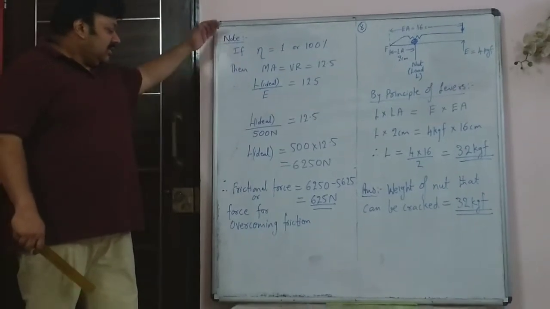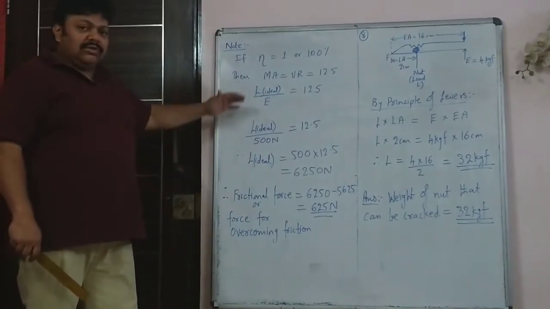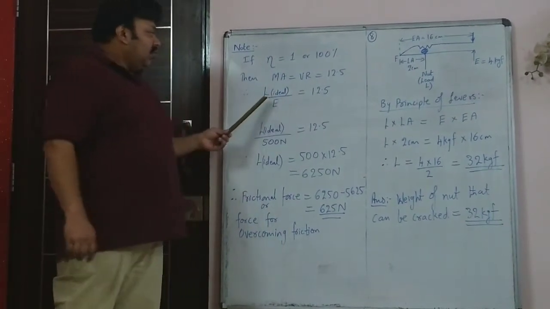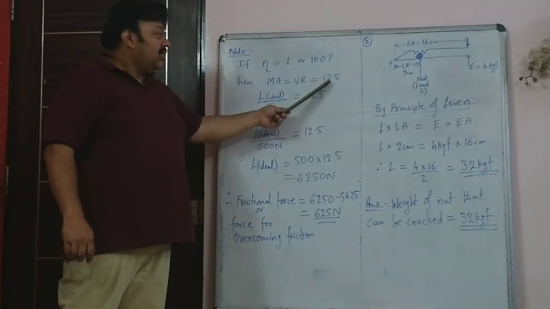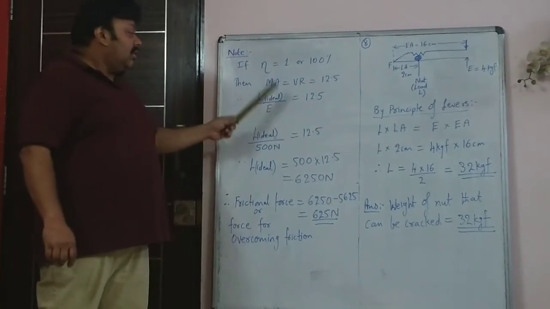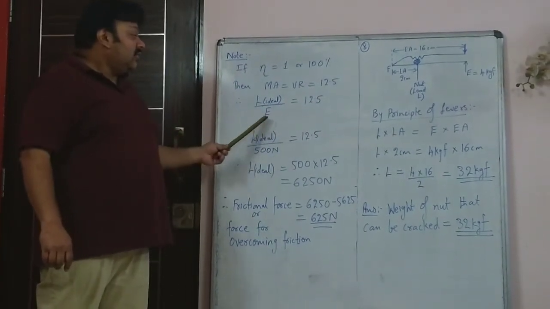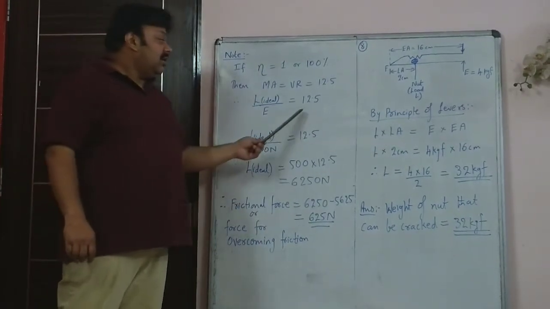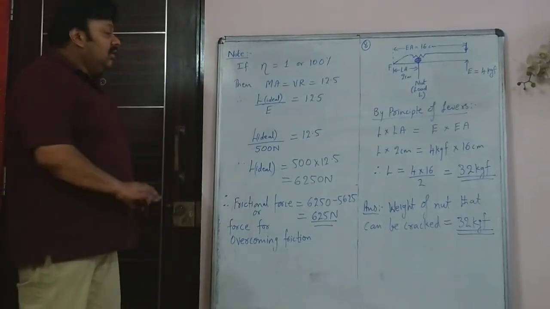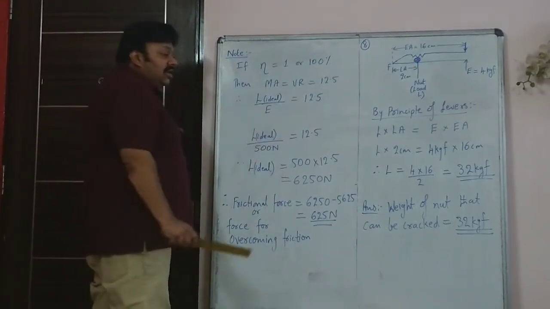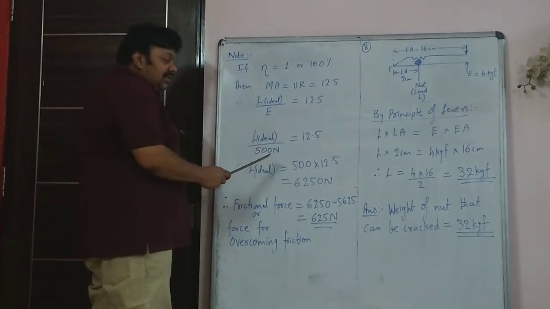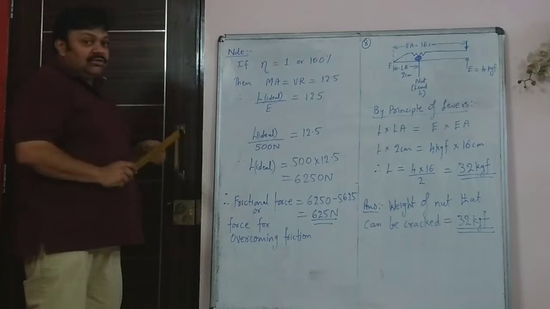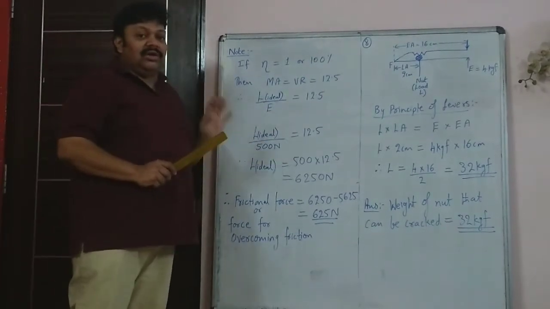But here, this is an extra part. This is not asked in the question, but this is just an explanation of frictional force. MA in this case would have been the ideal case, the ideal load that could have been lifted. You would use the formula load upon effort, but in the ideal case, 12.25, because you are considering efficiency as 100%. Now the effort is 500 Newton. That is not changing. The effort applied by the person is 500 Newton.